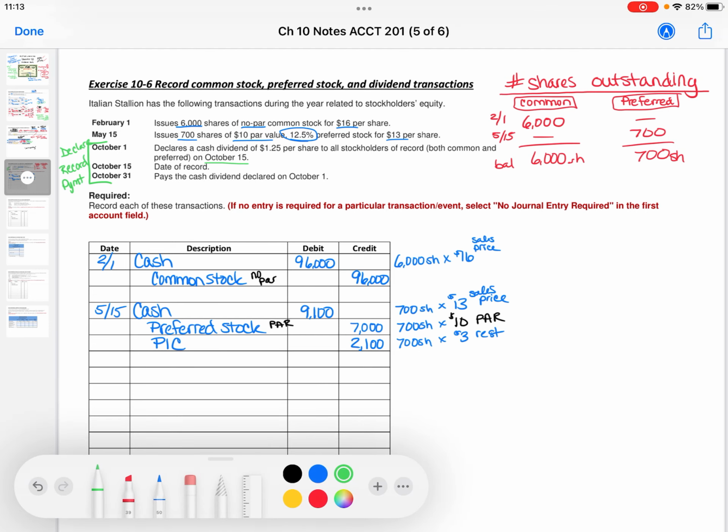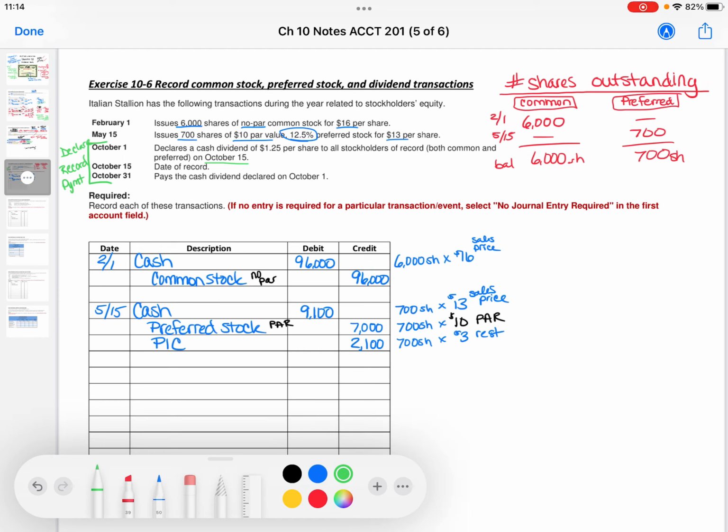All right, so let's do these. Declaring the cash dividend, it's $1.25 per share to all stockholders. So that's kind of unusual that they lump together common and preferred just in reading the problem. Technically, preferred would be paid first and common would be paid second. It's fine that they're paid the same amount, but just so that we understand, technically preferred is paid first and common is paid second. So even the journal entry can be one entry, but usually the calculation needs to be done in that order.